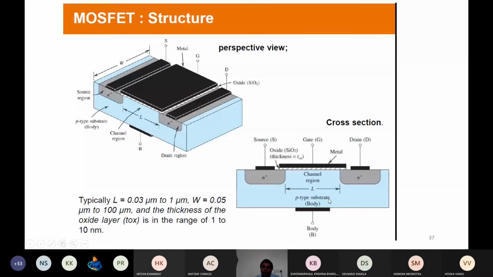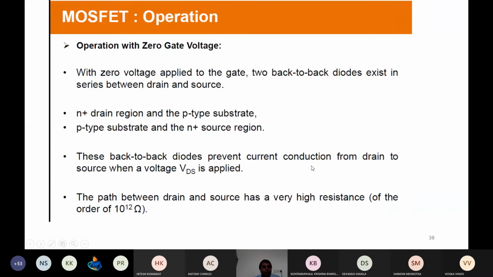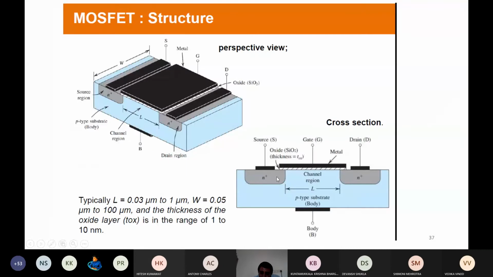So let us move on. This is the cross sectional view, which is the side view from the front. If you see this front side, it will look like that. And the silicon dioxide layer, then the polysilicon layer. So these are the basics. It is also to be summarized that at zero gate voltage, no current is flowing. That we have already quickly seen, because back-to-back diodes are there. Wherever the channel should be formed between the source and this region, there is a diode, and here also between the drain and this region there is a diode.